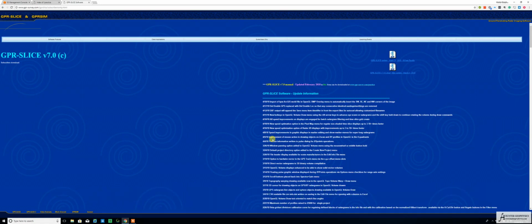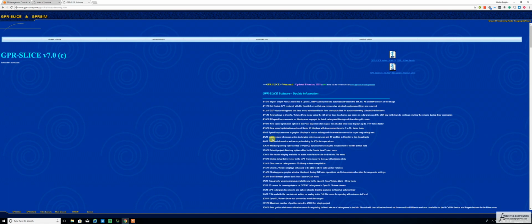Today I'm going to show you how to process your Leica DS2000 or IDS Opera Duo GPR data in GPR-SLICE. Now the process is slightly different in comparison to the normal processes. The reason is that we have to convert the IDS or Leica radar data format into a format that's suitable for GPR-SLICE. Thankfully, that process is fairly straightforward, but it is a unique step for this particular type of